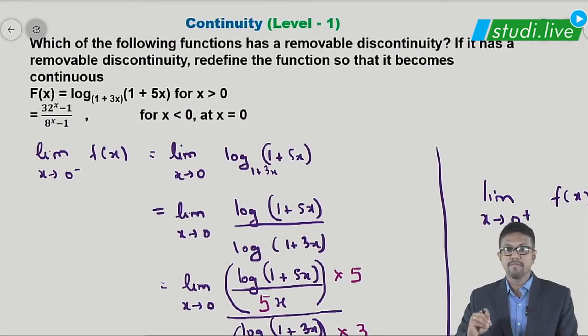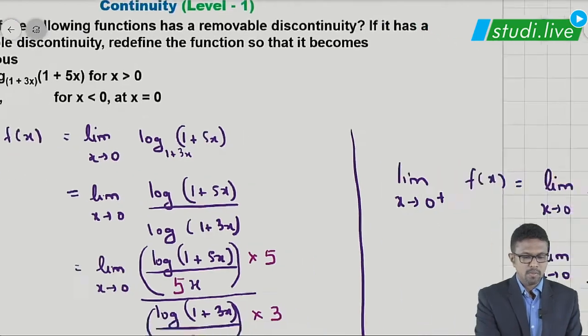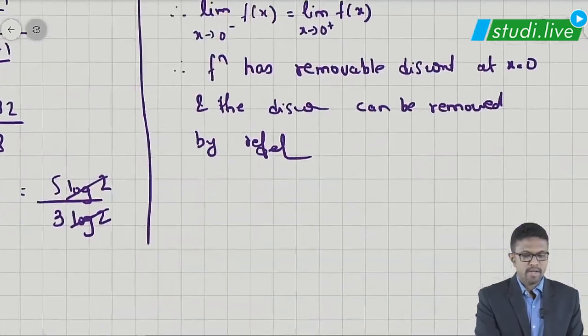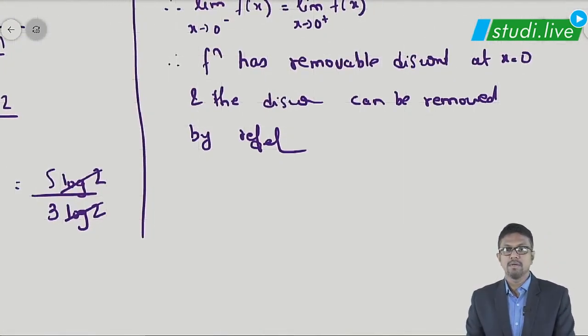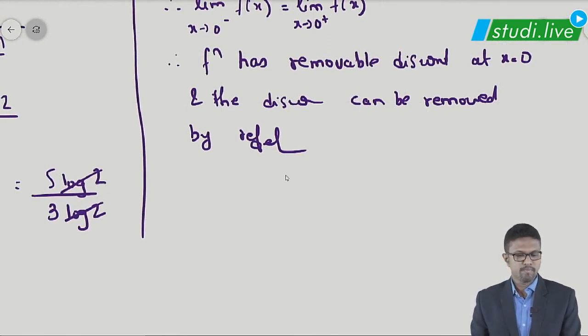Okay. So we can see that the function that was defined over here was not defined for the value at x equal to 0. Correct. So for that one value, the function was becoming discontinuous. So this discontinuity can be removed. The function is discontinuous right now, but it can be removed by redefining the function